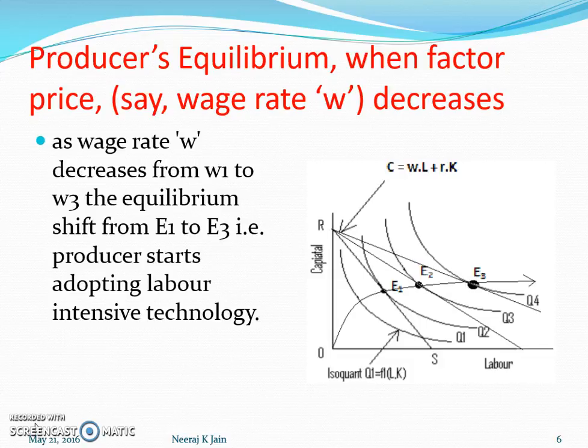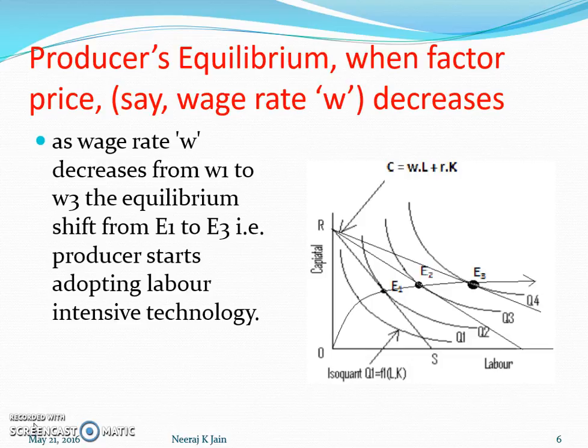The shift in the budget line, that is isocost line, from RS1 to RS2, RS2 to RS3 shows the producer's capacity to invest increases. Accordingly, he can reach to the higher and higher level of isoquant, which is shown by the figure also. That means the producer can shift his equilibrium from E1 to E2, E2 to E3. The change of producer's equilibrium from E1 to E2 indicates new resource combination, that is the combination of labor and capital. Here you can see the percentage of labor in the total combination changes, it is more than that of the capital, means technology is changing.